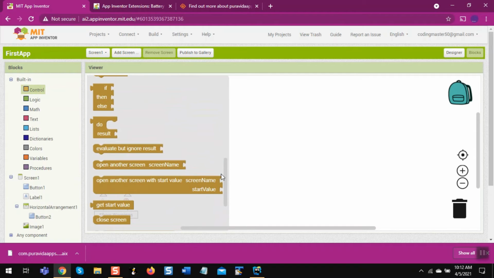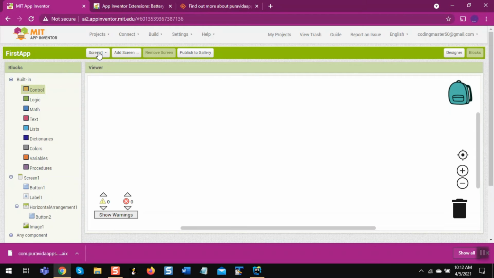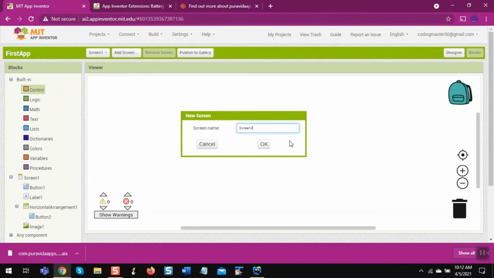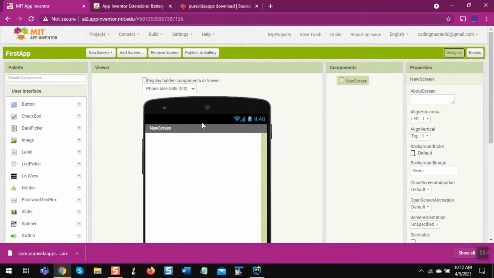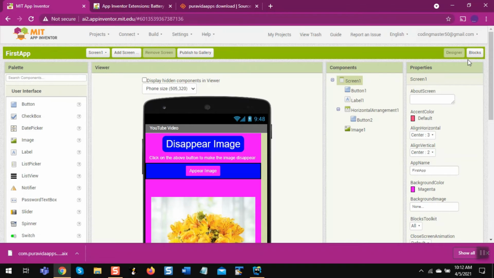Another is the screen name. Like if you have made 2 or 3 screens like this one, I'm going to show you. If you want to add a screen, then you can add a screen name like new screen. Click on OK. Like you saw in the message above, there should be no spaces. So new screen, and then you go back to the designing, and it will automatically come to the main screen, and you can code it. Let's go back to screen 1, the normal screen, and blocks.